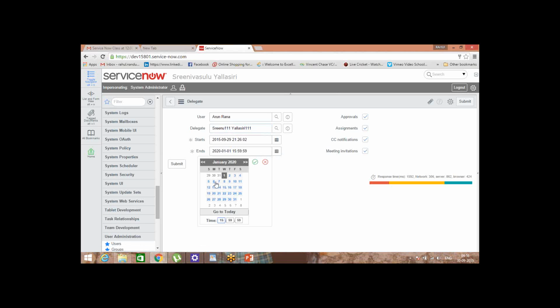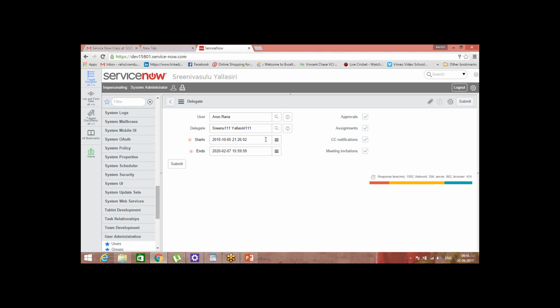Not today, in the next week. So select the date starting from 5th and ending for next week, 7th. So during these dates, whatever approvals, assignments, CC notifications and meeting invites will be sent to Srinu 111.